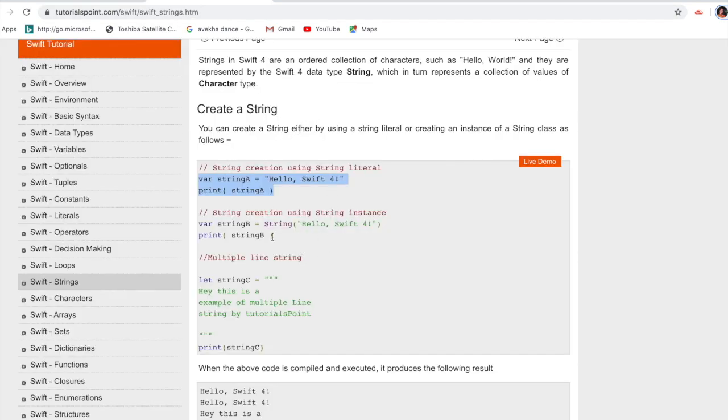Then another way is there. The previous case was string creation using string literals. Next is string creation using a string instance. What is the meaning of that? It's simple.